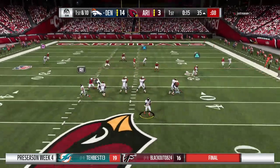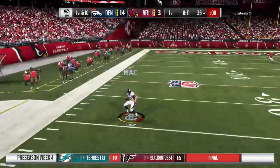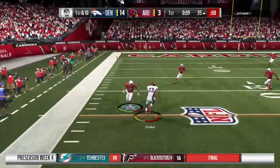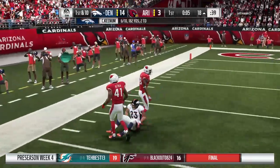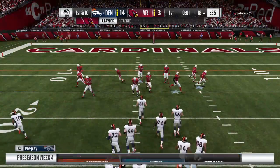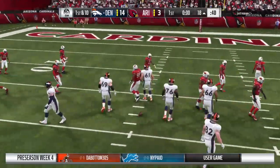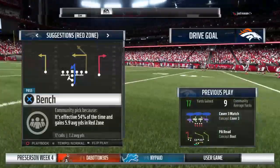Now a play fake here on 1st down. And he's got Booker. And inside the 20 before he's brought down. 17 more yards on that one as they keep the drive rolling. Nice little nifty play for him there. Yeah, that's the ability to read a defense and utilize players that don't often get picked up in coverage easily. I'm talking about being able to...